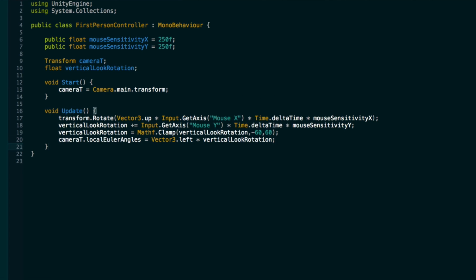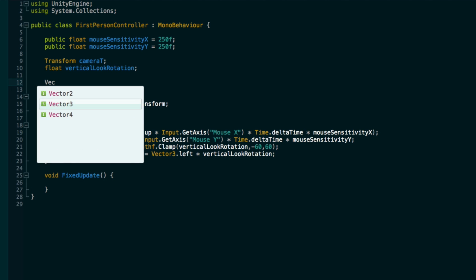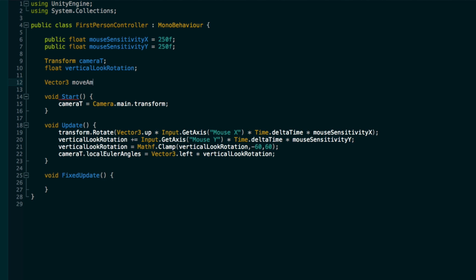Now, since we're moving a rigid body here, we're going to be moving it with rigidbody.MovePosition. Like I said before, we want to do our physicsy stuff in FixedUpdate. But I actually want to receive my input in Update, because there's no reason to receive our input multiple times per frame. It's going to stay the same. So let's create a Vector3. We can call this move amount, and we'll calculate our move amount in the Update method. We can say move amount is equal to